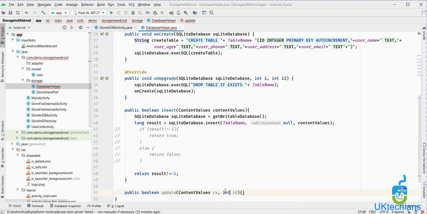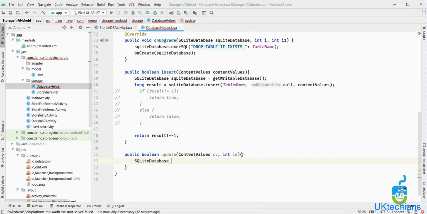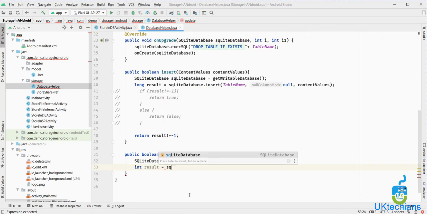So let's say int. For that we have to write SQLite database equals to get writable database, and then int result or status. The update query returns the result in an integer variable.